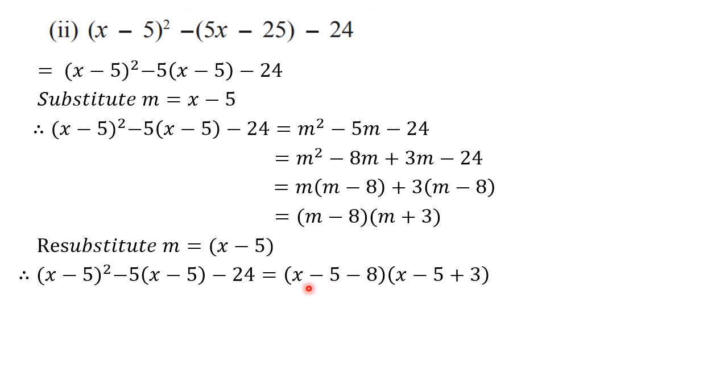But now what we can observe here is, square is not there. And these two numbers, constants, we can add or subtract. So things will become easier now. Minus 5 and minus 8, here you will get minus 13. And here minus 5 plus 3, you will get minus 2. So x minus 13 and x minus 2, these are our factors of this particular polynomial. Okay. So in this way, we are going to solve the sums.